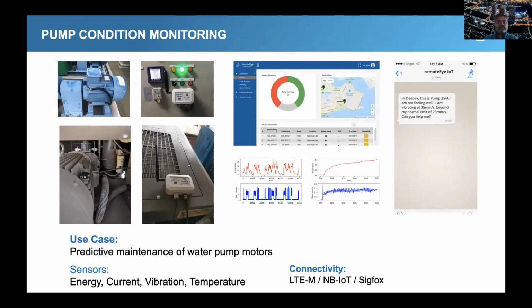So it could be pumps, it could be compressors, it could be motors, depending on the use case. Usually for rotating equipment, you would monitor energy, current, vibration, and skin temperature, and use that data to trend and see if something is about to go wrong. And of course, you could even integrate it with WhatsApp, and the machine would fundamentally WhatsApp you if something is wrong, right? Like, I'm vibrating too much, maybe you can have a look.